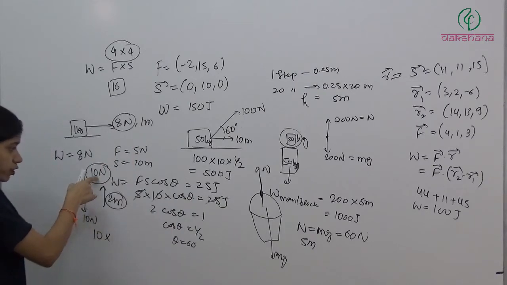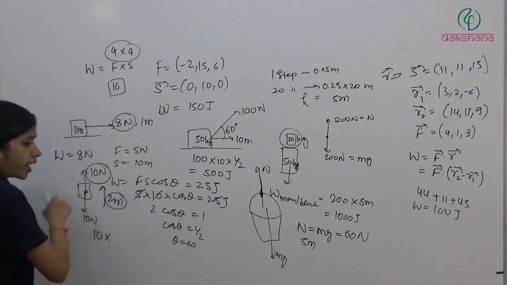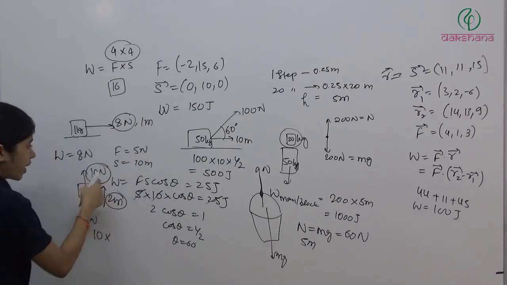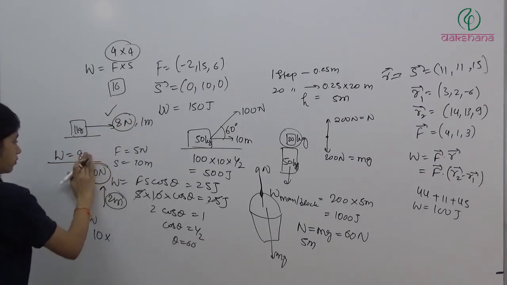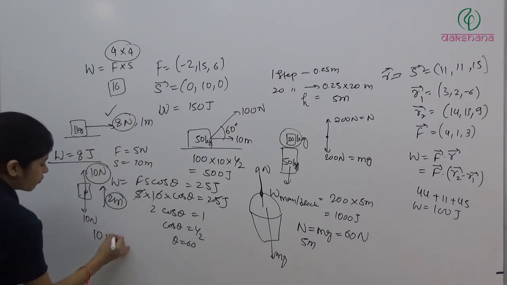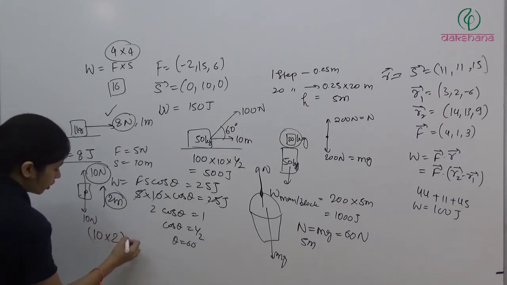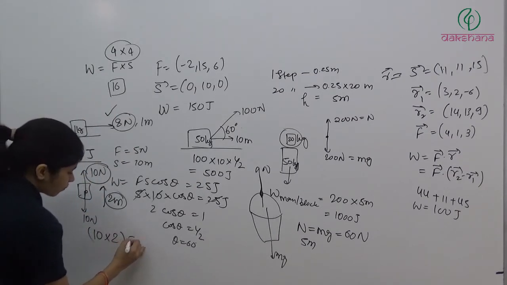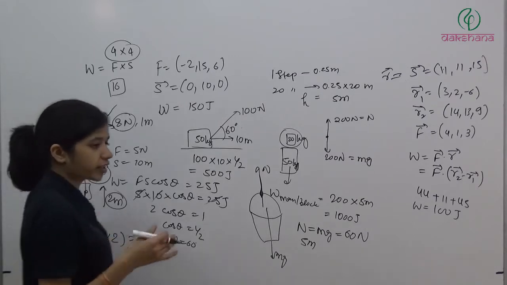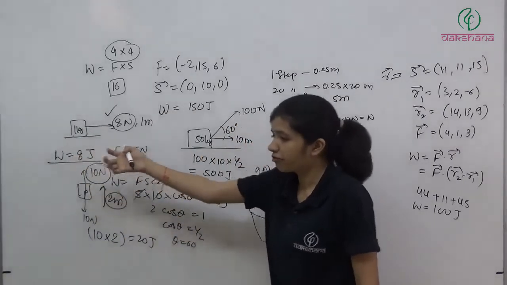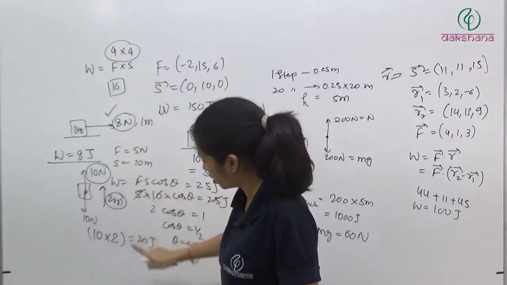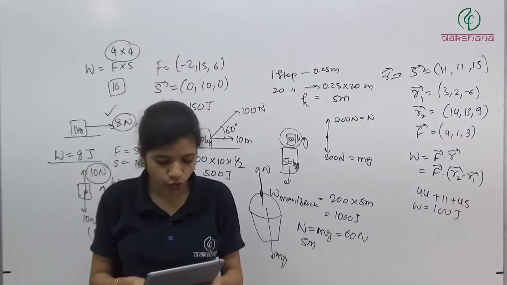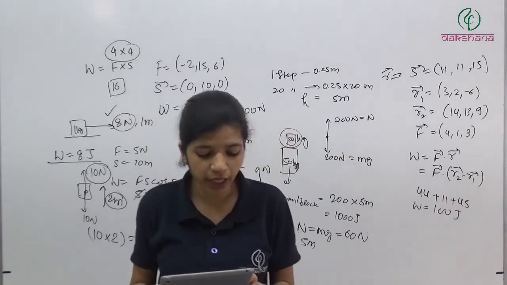So work done when we are taking the block in upward direction or in vertical direction is force, which is with this force I am applying, and this force is getting applied by earth. So the work done by me on this block: first, because of the 8 Newton, how much? Force into displacement, it is 8 joule, and because of this force, 10 Newton into 2 meter, it is 20 joule. So total work done by me to take this block 1 meter in this direction and 2 meter in this direction is 8 plus 20, it is 28 joule. So answer will be first option.